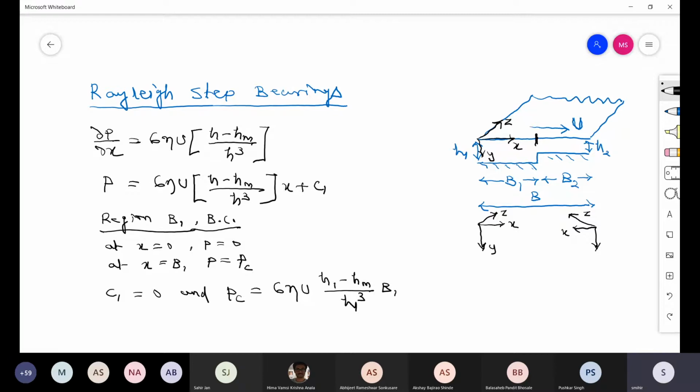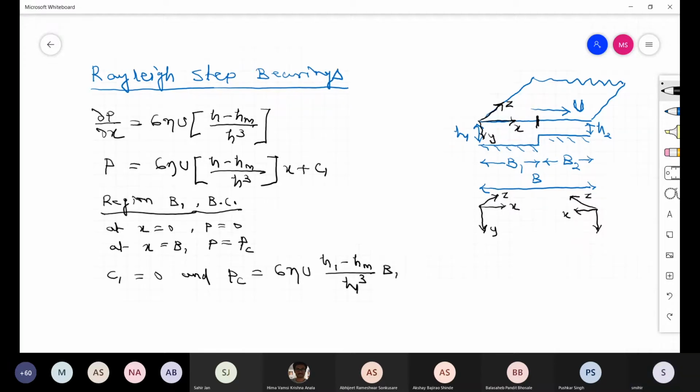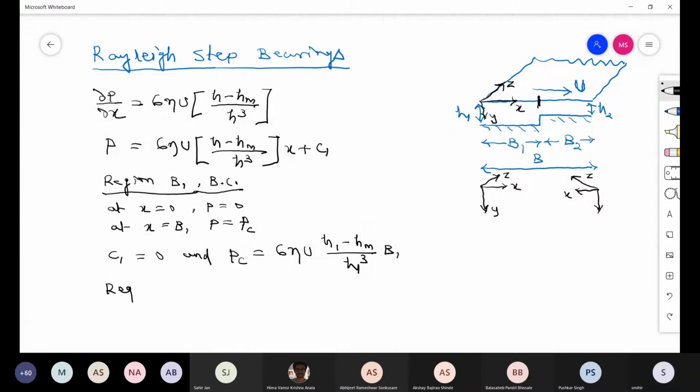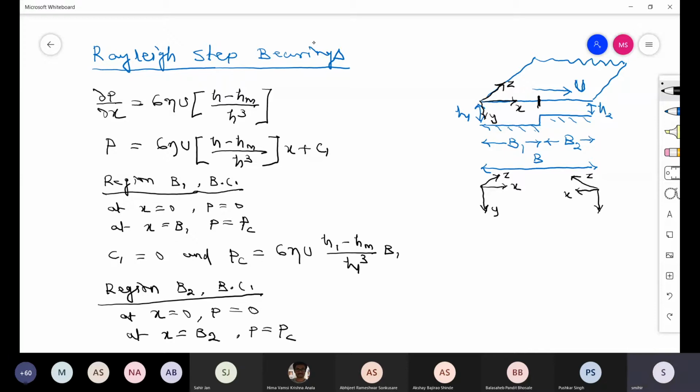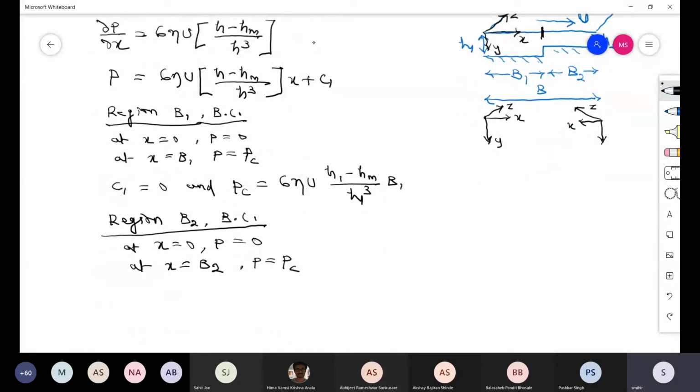Okay. Now similarly for region B2, boundary conditions: at x equal to 0, P equal to Pc, and at x equal to B2, P equal to 0. In a very similar way, you will get again C1 equal to 0 and Pc equal to